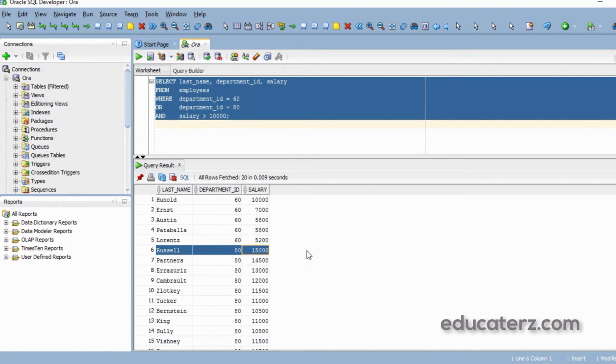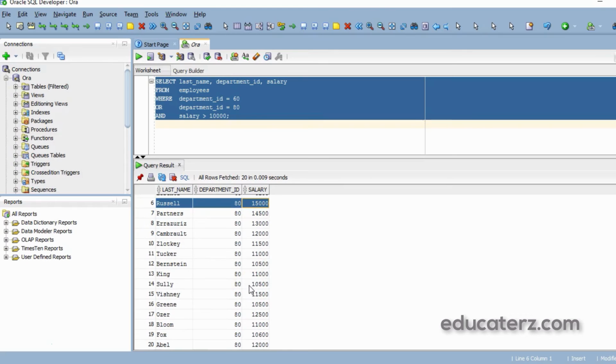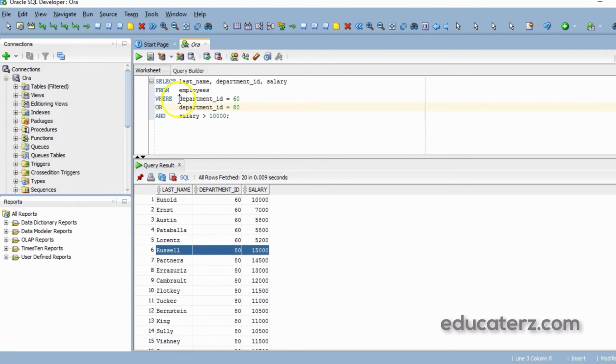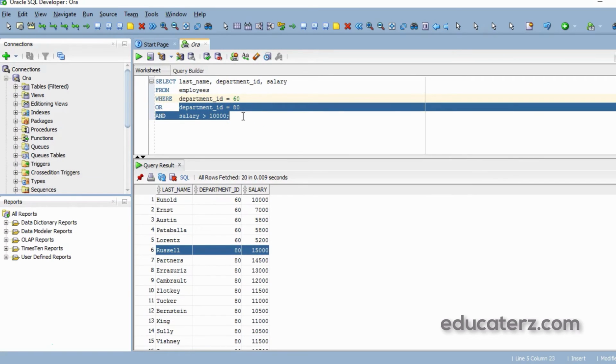The first condition is department ID is 60 irrespective of the salary. The second condition is department should be 80 and salary should be greater than $10,000. So first AND is evaluated. Department ID equal to 60 is one condition, and the second condition is department ID equal to 80 and salary greater than 10,000.